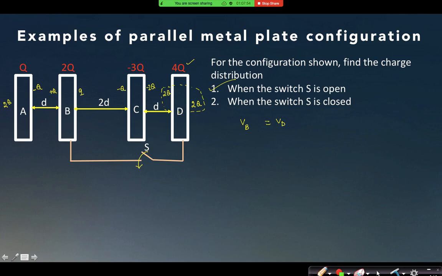So now I will change the charge distribution from this point, right? From this point, how will I change the charge distribution? If it is plus q, this will be minus q, right? And this will be plus q minus 3q. Yes or no? Yes, sir. And this point will be minus q minus 3q. And this will be 2q only, because this is also an extreme face. Now, how do I find the value of small q?